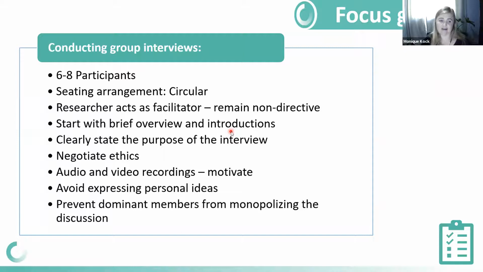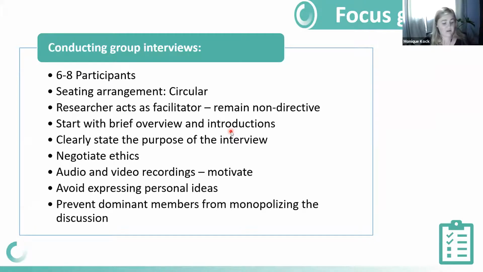You would negotiate ethics. And also important, which I've not mentioned in the previous interview framework, is to record your interview. Make sure you have also tested the recording devices so that you do not have any difficulties in the interview process. Make sure you have all of these things set out before the interview. With regards to a focus group, one thing that you need to note down is if there is one participant in this focus group that is dominating the conversation.